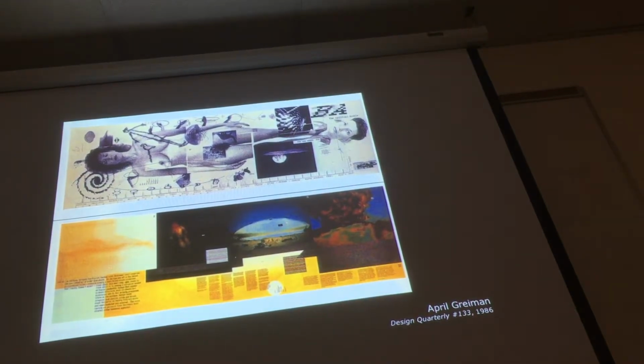The design that she was creating, because of the attitude that it had and how different it was from anything else. But again, being ahead of the curve, understanding the technology, she decided to do this issue that she was assigned all on a Macintosh computer. Nobody else had done this before. And she decided that it wasn't going to be a magazine that you lay out page by page, but instead she turned the magazine into a poster. So the layout was structured so that on one side you would have one image on the front, and when you flipped it over, you'd have a different image on the back side.